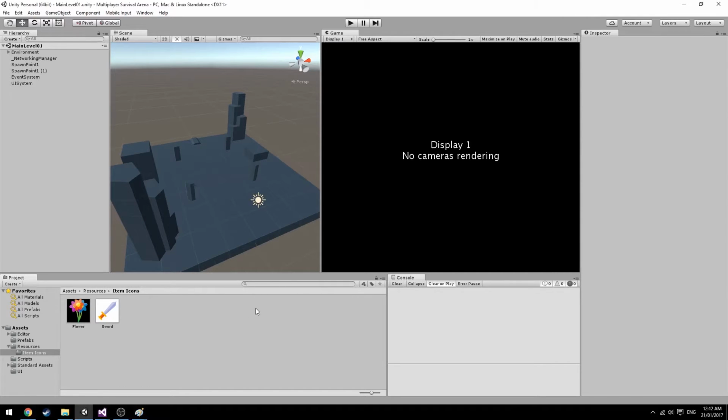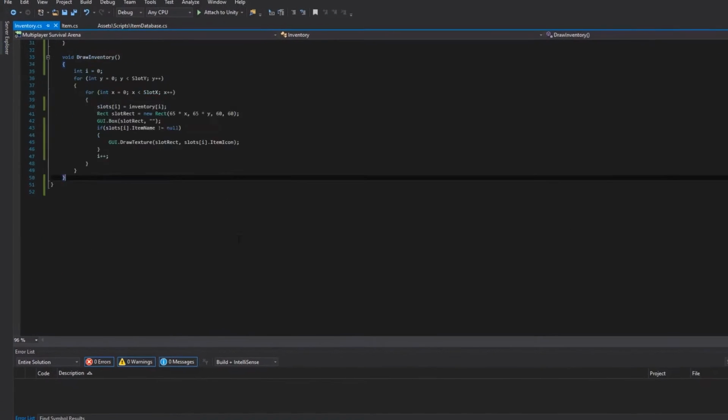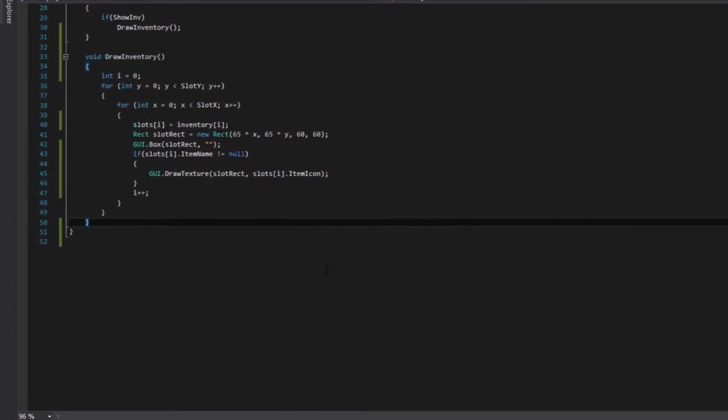So in this episode we're going to be working on a way to A. Add items easily to our inventory, B. Implement dragging and dropping of items within the inventory. So let's get started. Down here we're going to create a